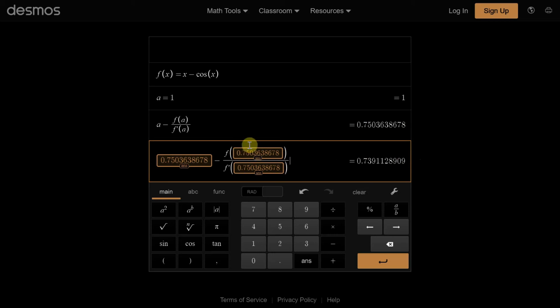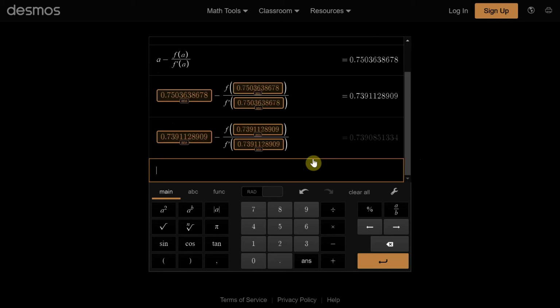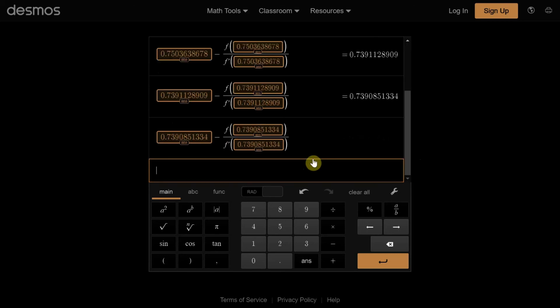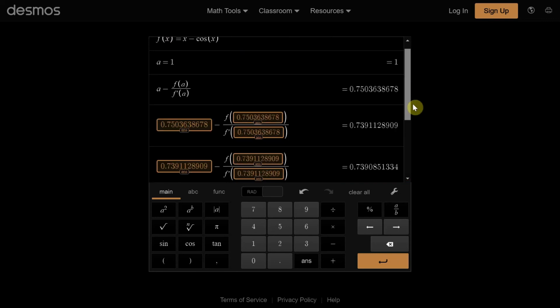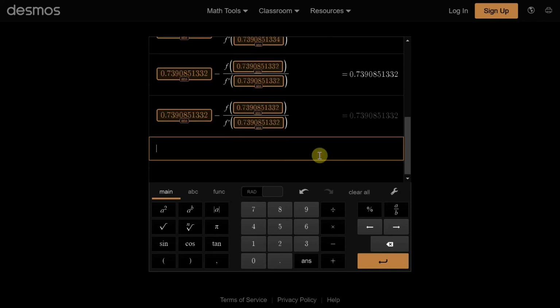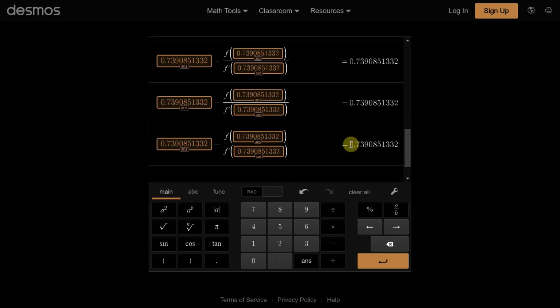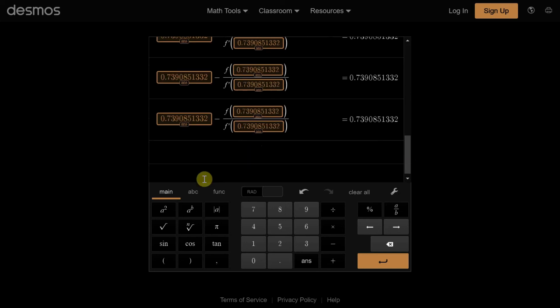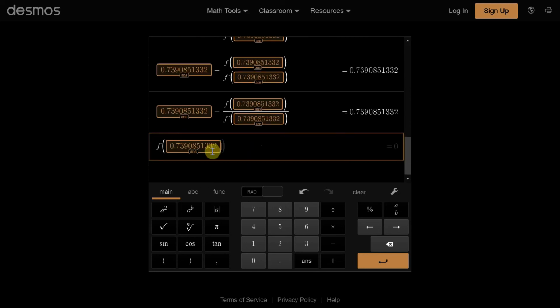And now we want our calculator to keep on doing this. So we can keep on pressing enter, and it will do what it did previously. As you can see, after just 4 iterations, the value has converged. If we keep on doing this, it's not going to change. So this value to which our iteration converged is our root, and just for confirmation I can show you. If I simply ask what f of answer is, it's 0.